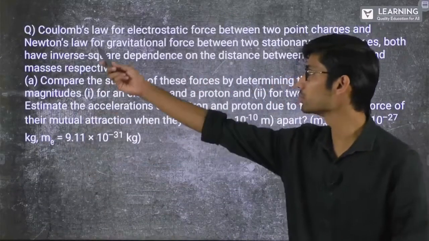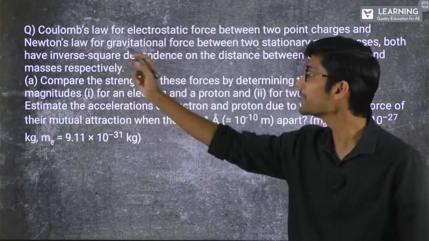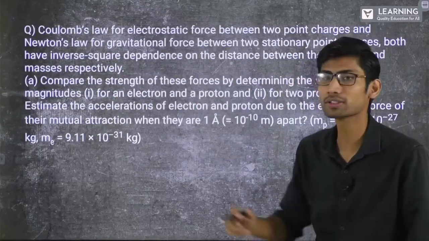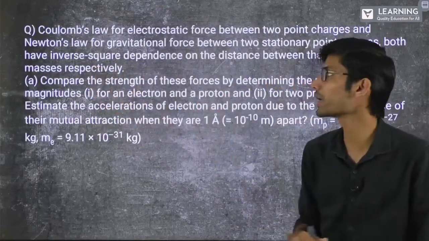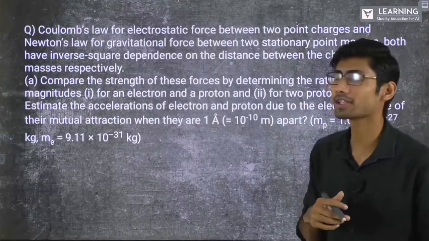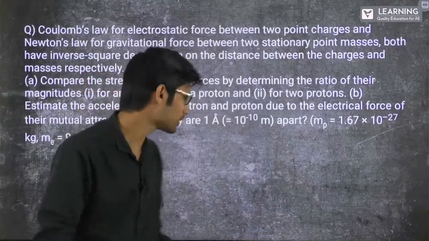Now, Coulomb's law for electrostatic force between two point charges and Newton's law for gravitational force between two stationary point masses both have inverse square dependence on the distance between the charges and masses respectively. I hope you understood this. In the last session only, what we discussed was